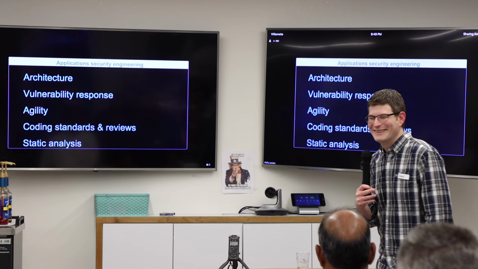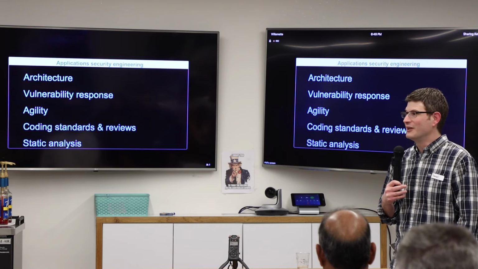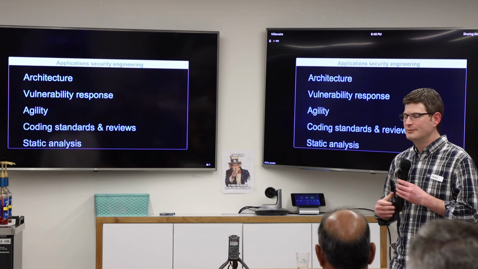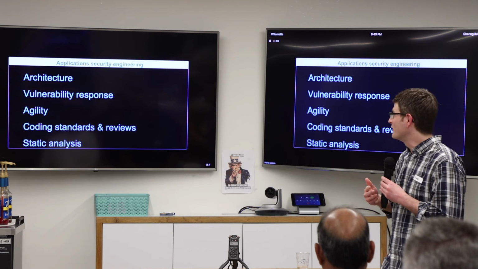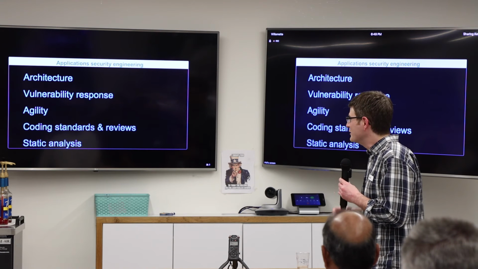Sorry about that. The example that I like to give is with, sorry guys, my brain just turned off. I guess the agility thing,